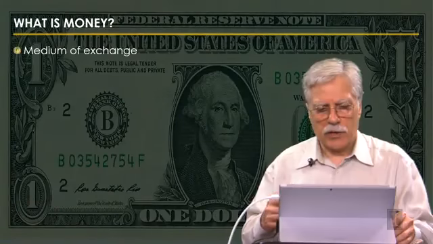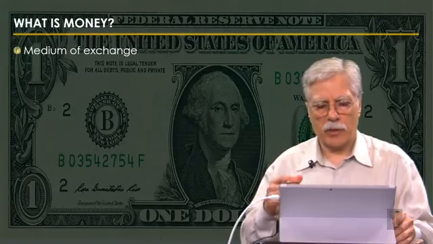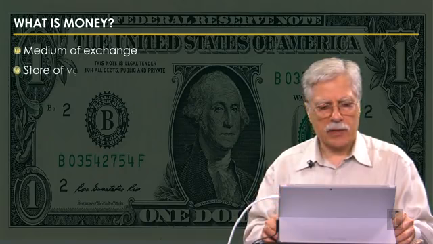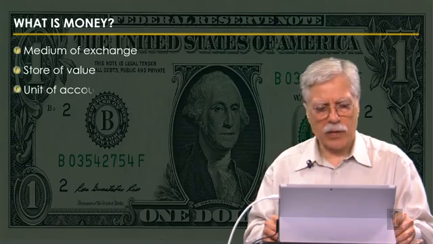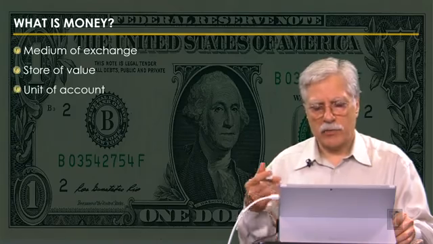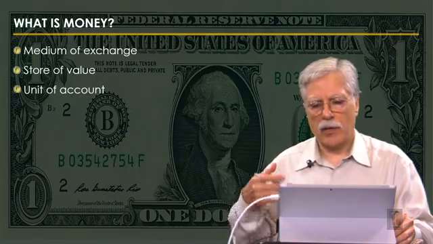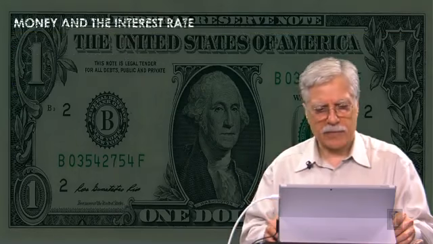Let me finish this discussion by emphasizing 3 key features of what we call money. The asset that we use as money has to be a medium of exchange, widely accepted. It has to keep its value for a while, be a store of value, and it should also have an easy unit of account so we can measure the value of goods and services that we buy and make payments for them in terms of that asset.